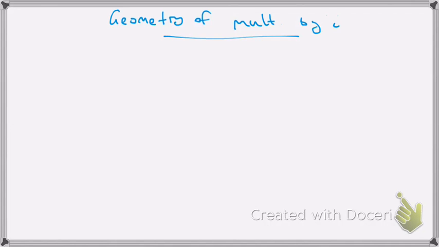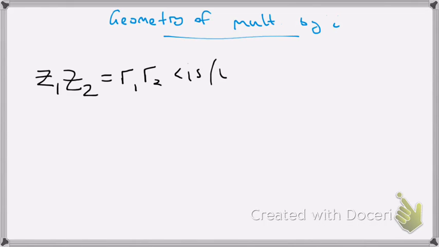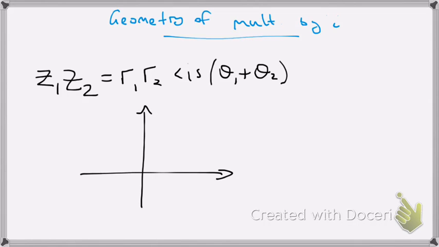So I'm hoping that over the weekend you were able to prove that z1 z2 equals r1 r2 cis(theta1 plus theta2). Which basically means that if I take any two complex numbers, so that's z1 and that's z2, then you take the two angles that they make, so we take this one and this one, and we add them together,